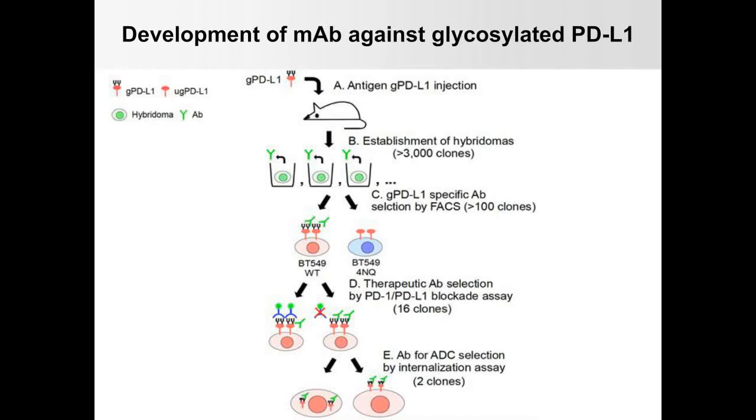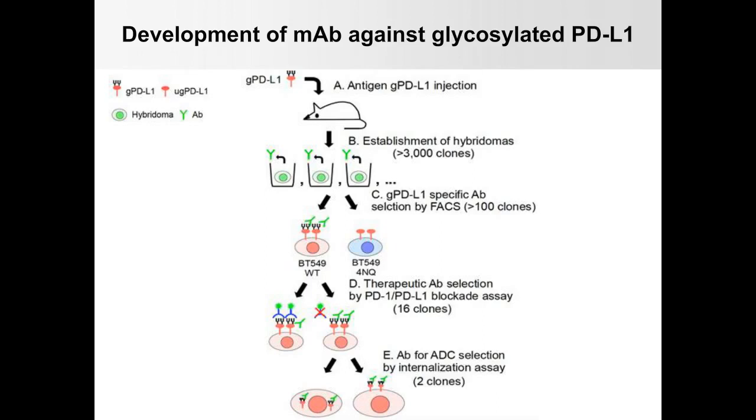Next, I would like to spend some time to also discuss our recent study that we worked on with STCube Pharmaceuticals. We tried to identify the first anti-glycosylated PD-L1 antibody. As we showed you earlier, triple-negative breast cancer has very high abundant expression of glycosylated PD-L1. So we wondered if we can generate an antibody that can specifically target this bulky structure of PD-L1, we may generate more therapeutic impact.